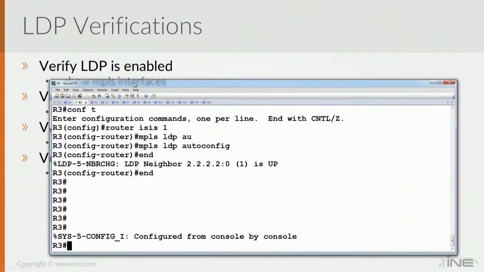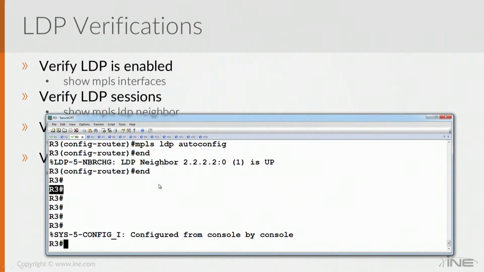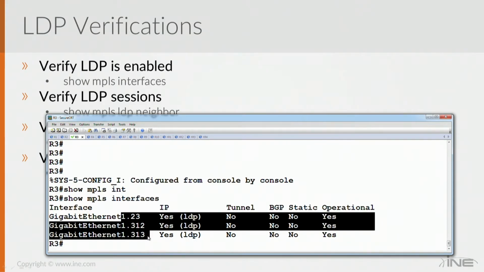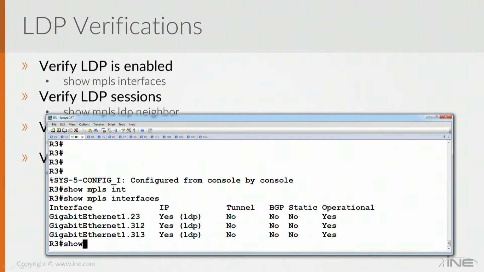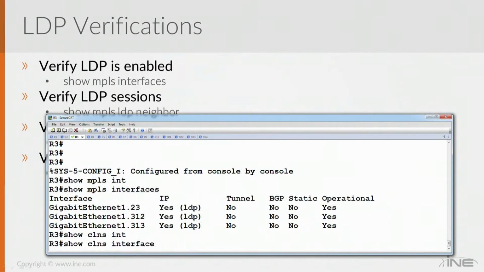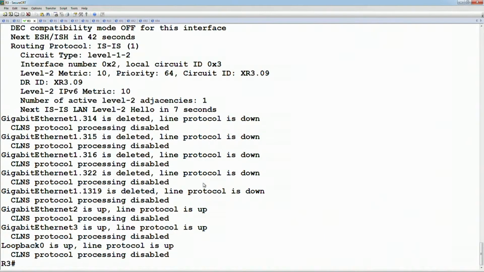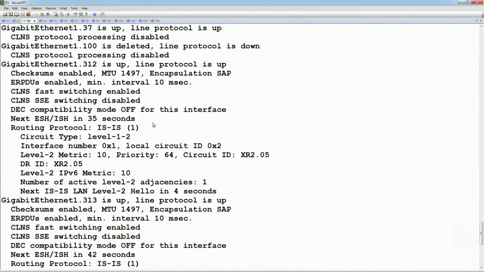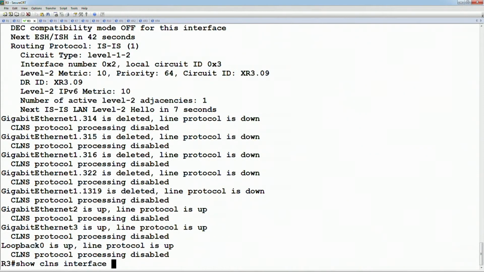So from router 3, if we look at the show MPLS interfaces, it says this is on interface gig 123, 312, and 313. When we look at the show CLNS interfaces, this should match up on a one-by-one basis where every interface is up in terms of CLNS, or in terms of ISIS routing. So if we look at the show CLNS interfaces, pipe include line protocol,